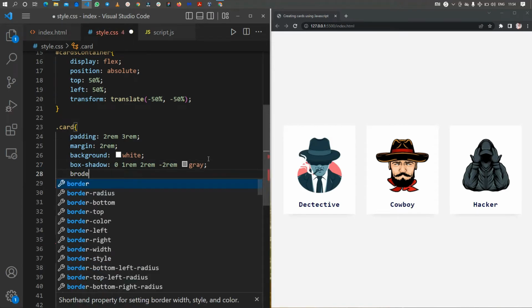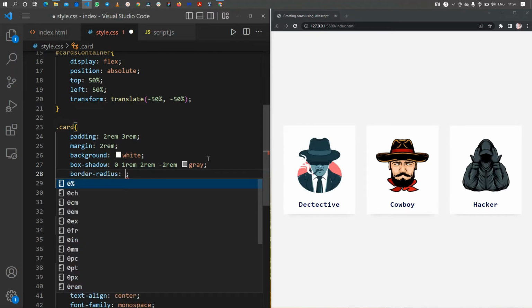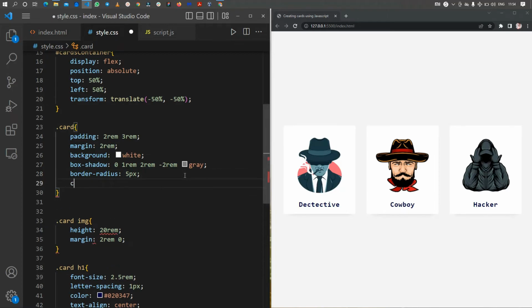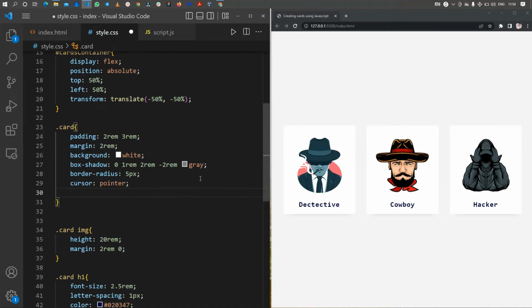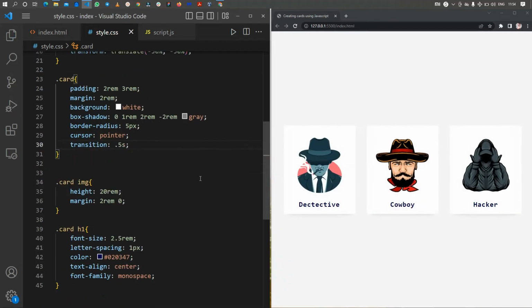Another thing that is the border radius, and I will set it to 5 pixels. Then as we hover on these elements, I need to get a cursor and some transition effect. So first I will set the cursor property to pointer, see, and then I will use the transition and set the transition to 0.5 seconds,